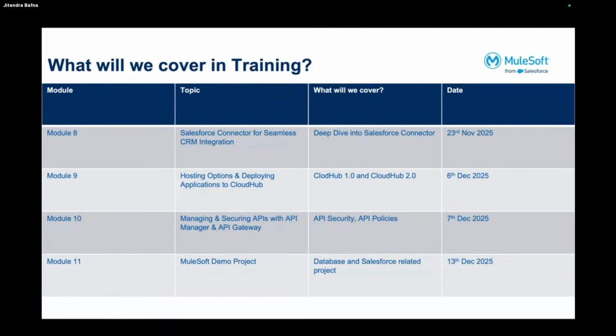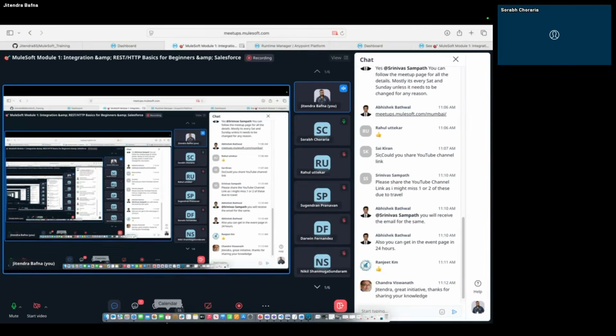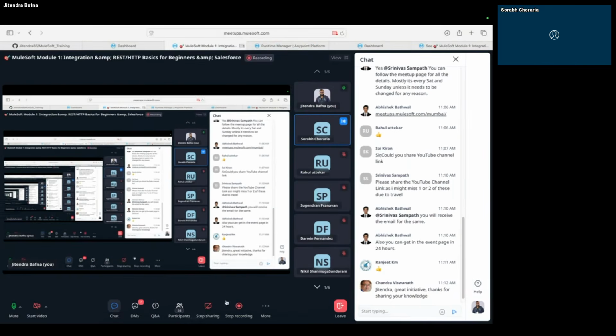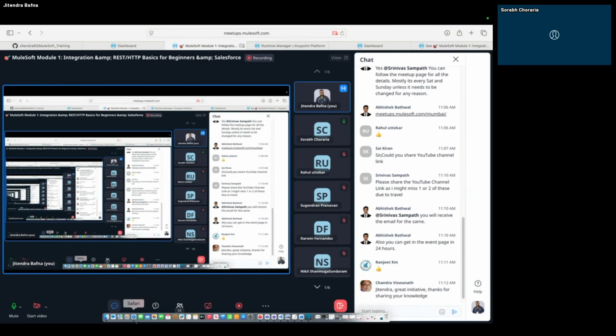Any feedback on this before I get into it? Okay. Jackie, one question. Since we are connecting to Salesforce and the database, do we require the Salesforce application, login access and everything? Yes, I will come to that part. Definitely, we will need those things. Okay, so I will come to that part, Saurabh. Okay, sure. Thank you.